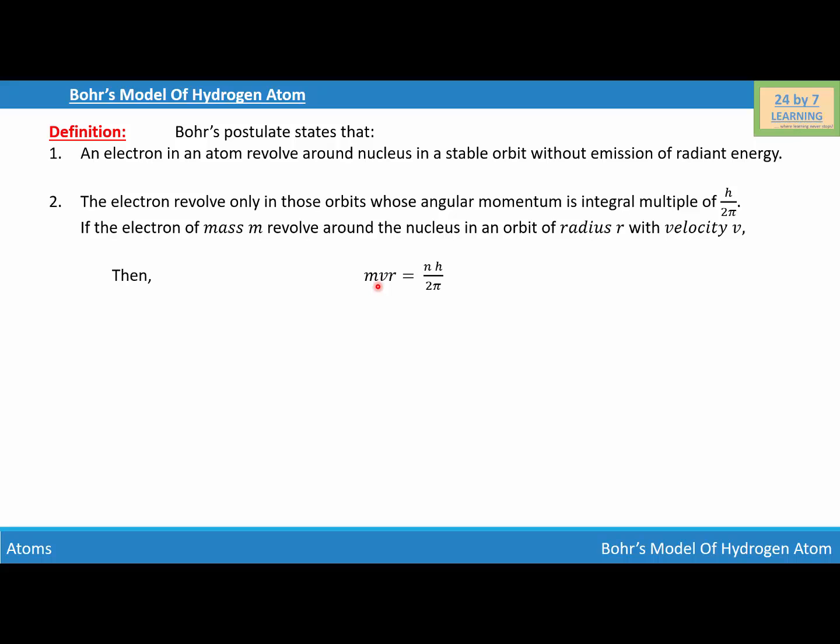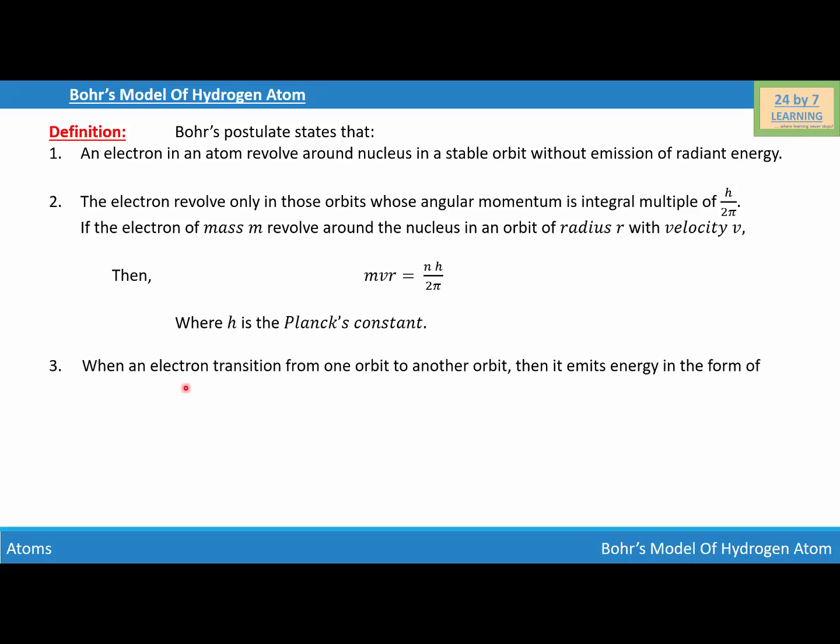where m is the mass of the electron, v is the velocity, r is the radius of the orbit, h is the Planck constant, and n is the number of the orbit where the electron is revolving. The third postulate is: when an electron transitions from one orbit to another orbit,